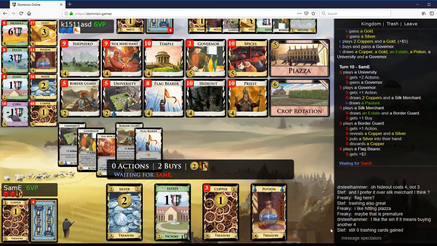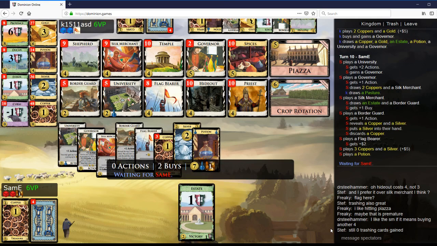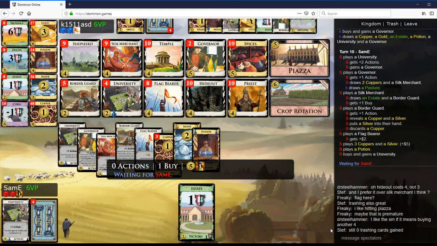I guess he takes silver, plays flag bearer, and goes governor and yet another university. But university isn't a good card in these decks. I really don't like university on this board. I say university isn't a good card on these decks. Like, in fact, I think it shouldn't have been university there. I think border guard is a better card for the deck because the governors are going to run out, and then